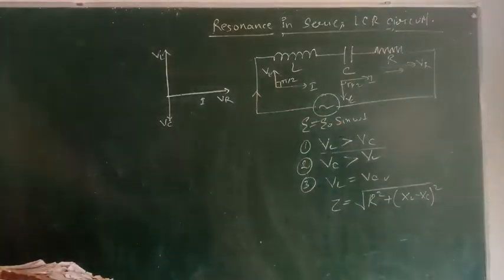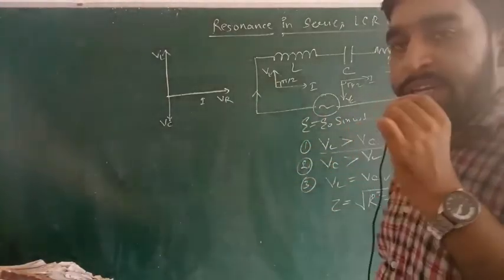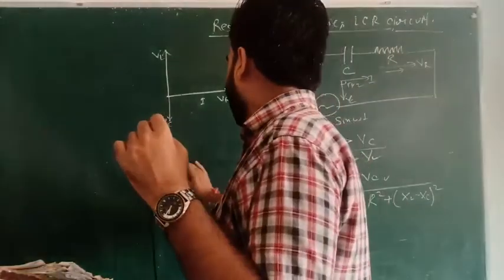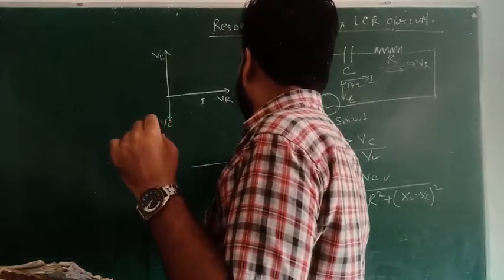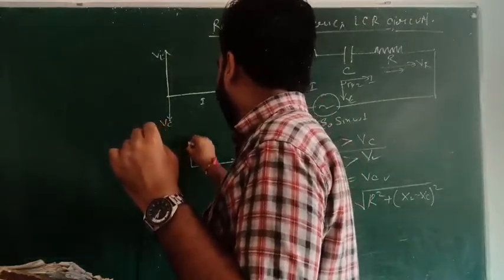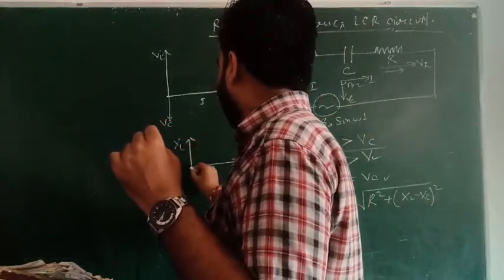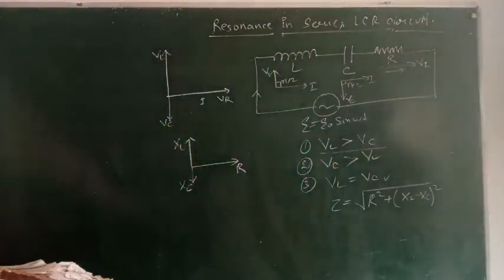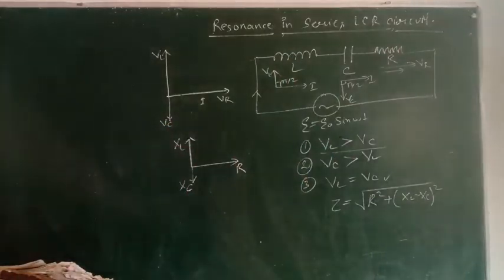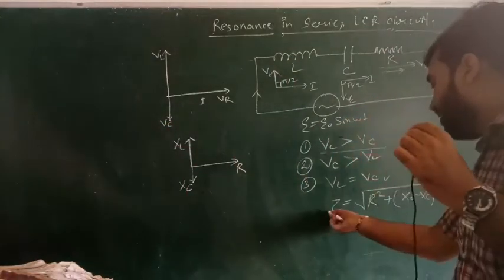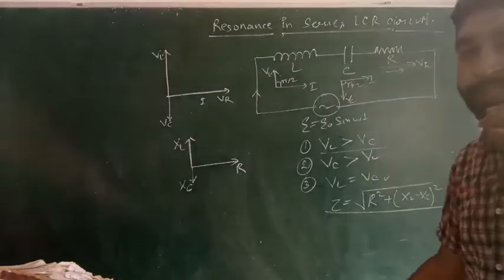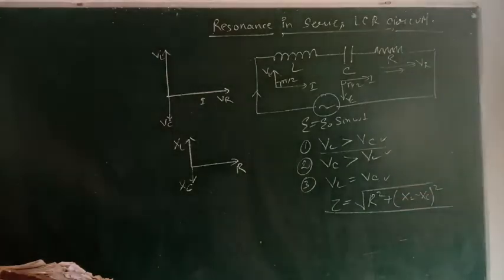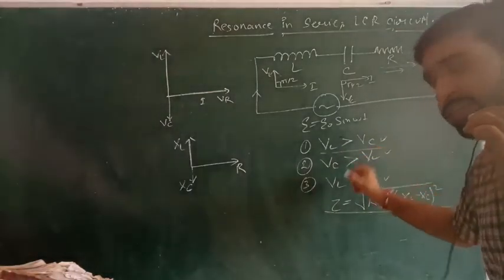Now, one more graph we have plotted, if you remember, was for resistance. Here, in place of current we have taken the resistance R. In place of VL we have taken XL, and in place of VC we have taken XC. Now let us come to the condition of impedance Z, and discuss all three cases: number 1, number 2, and number 3. What will be the effect on impedance in such conditions?